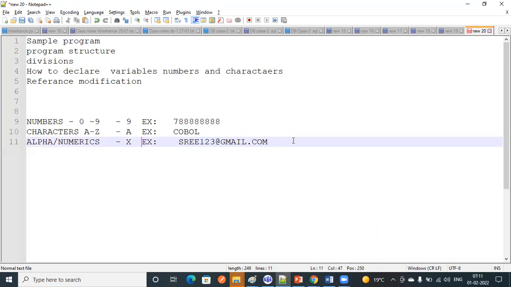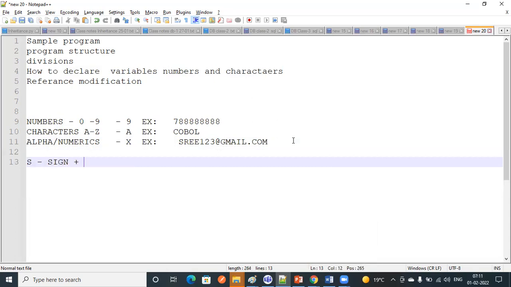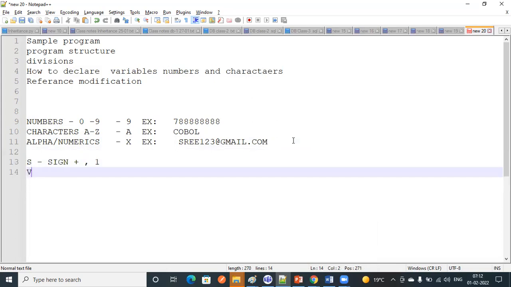There are some other symbols also, but those are not data types. There is S for sign, if we want to store plus and minus values. And there is V, if you want to define some decimal values.